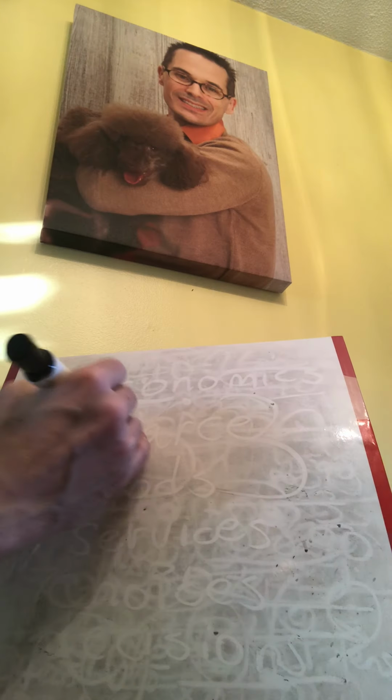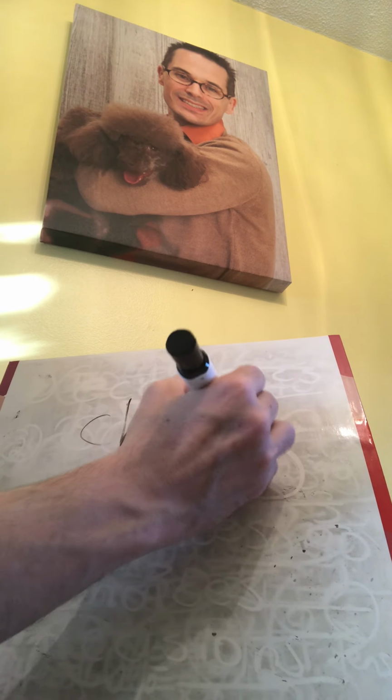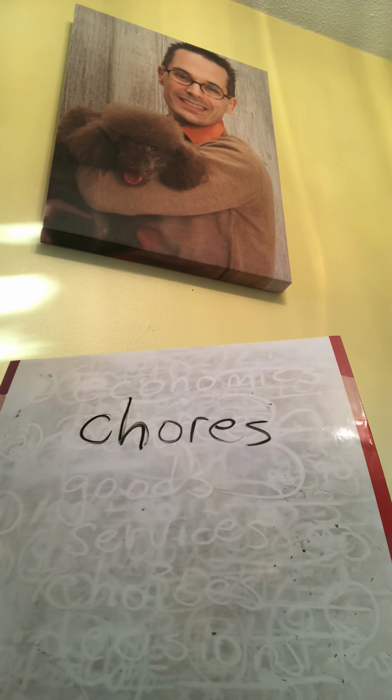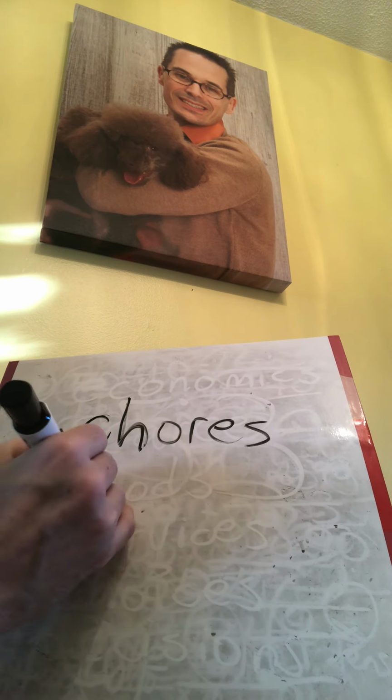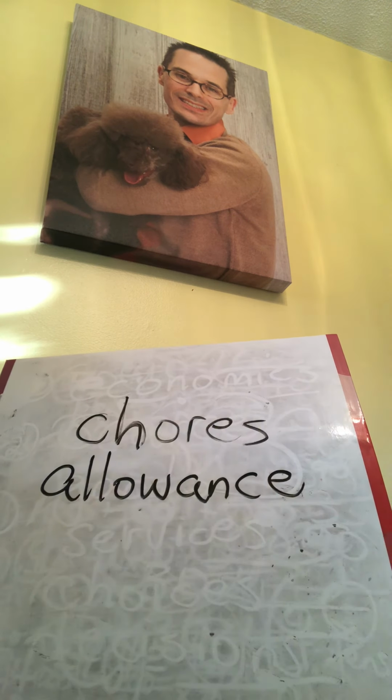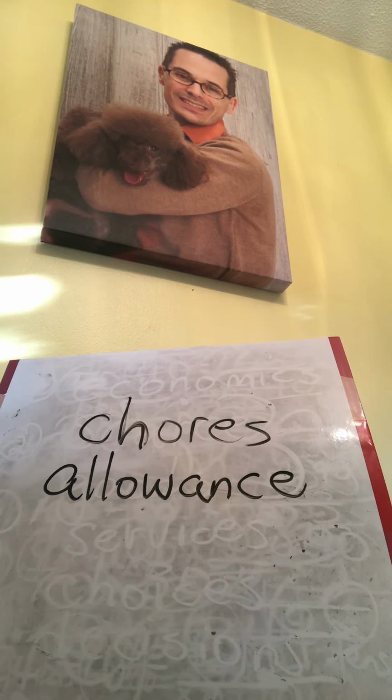parents will give their children chores to do. I don't know if maybe you have chores at your house. Chores are little jobs that you have to do at your house. And when you do those jobs, a lot of times you get an allowance. An allowance is money that you get for doing those chores. So when people have their own money, like adults who have jobs, they need to make decisions or choices about how to spend that money.